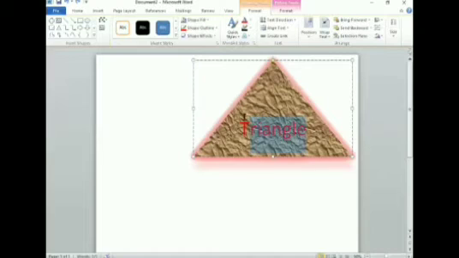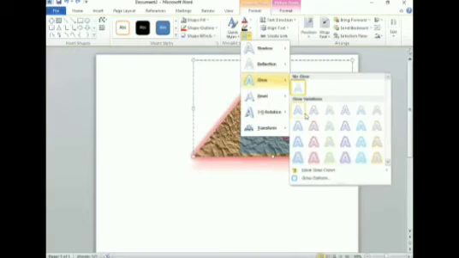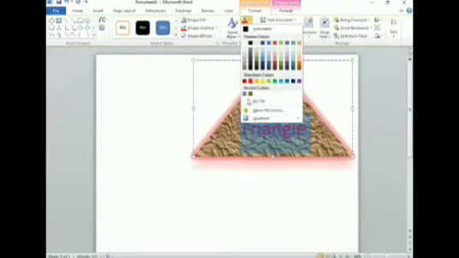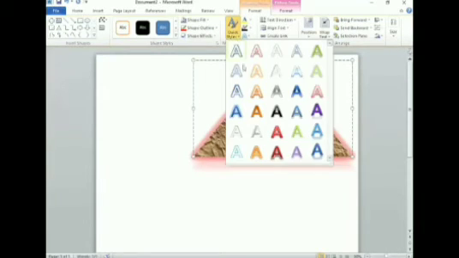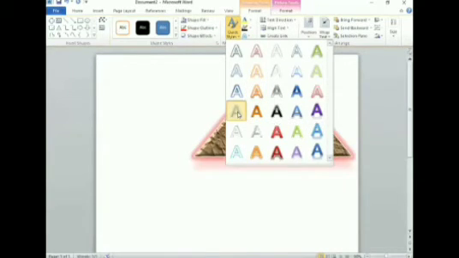So if we want to change the style or provide the shadow over the text, just select the text and you can see here reflection, shadow, whatever we want to give, we can provide over here. If we want to change the text color, we can change the color of the text. If we want to change the style of the text, there are different styles. As we have already done this thing, text formatting, same like that.